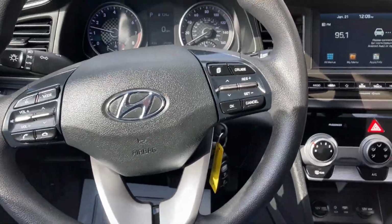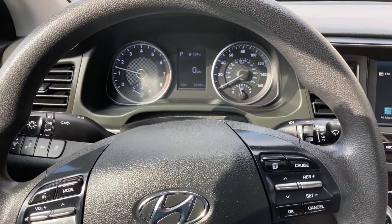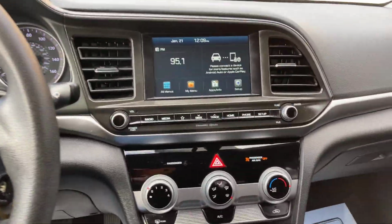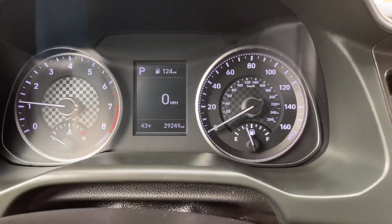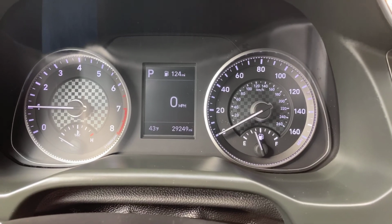Okay guys, here we are on the inside. Had the sun come out, so it's putting a little bit of glare on this. Hope you can see this well. Show you the command center LCD, climate control, your gear shifts, couple cup holders. Let's get in here on the instruments a little closer, and you can see as of now the mileage on this Elantra is